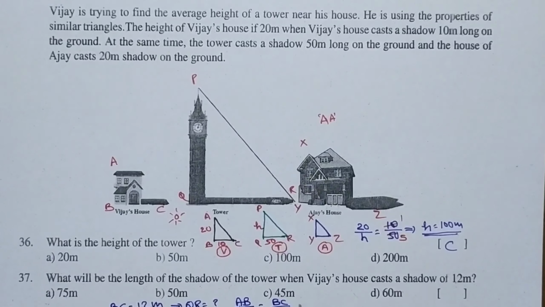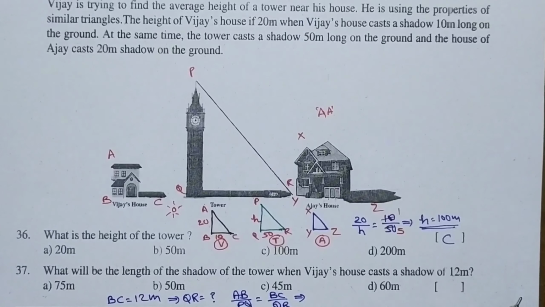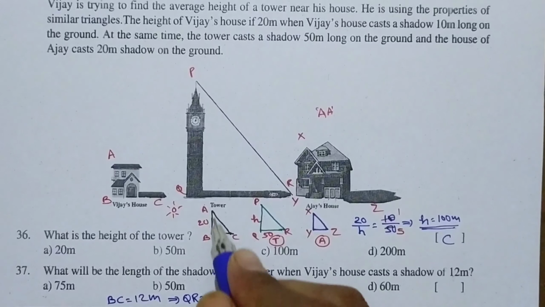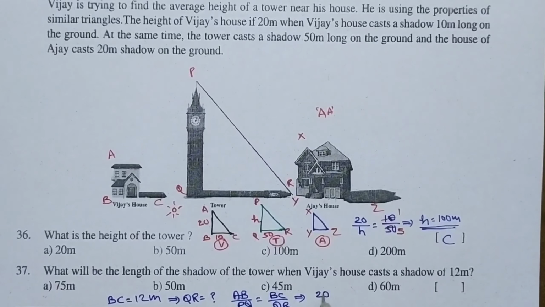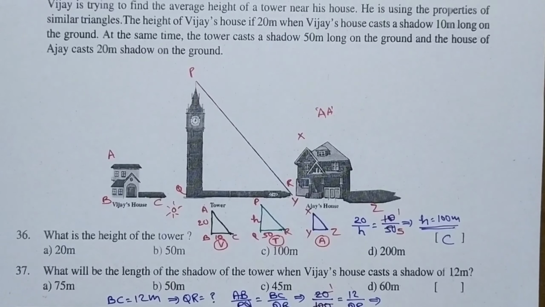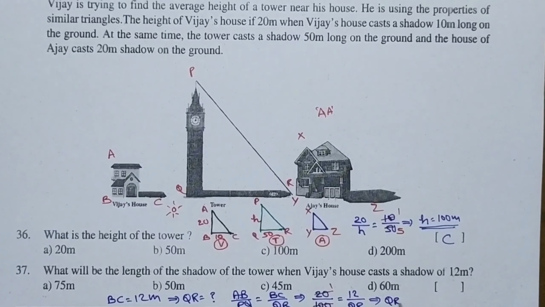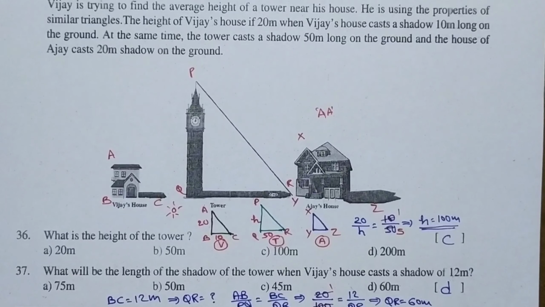Okay, this is fixed. The values may be changed, but this is fixed. Now let us substitute the values. Here AB is 20. We can use the 20 as it is, divided by PQ, where we got H as 100. So 20 by 100 is equal to BC, given as 12 in this case, by QR, which is to be found. Now let us do simplification. Here 20 1s are 20 and 20 5s are 100. Now let us do cross multiplication. So we get QR 1s are QR is equal to 5 into 12 is 60. So 60 meters. Option D is the right answer.